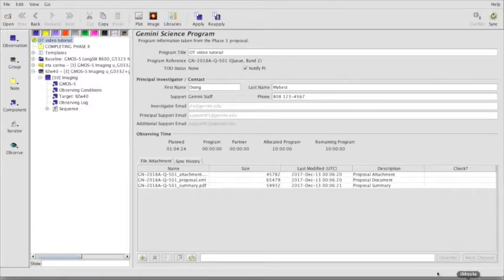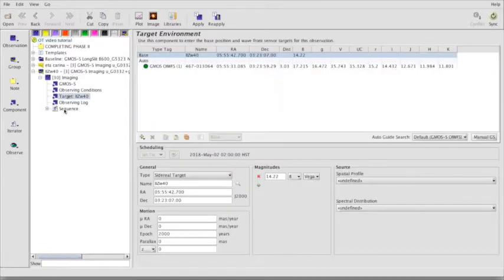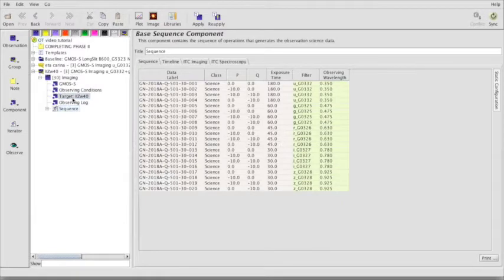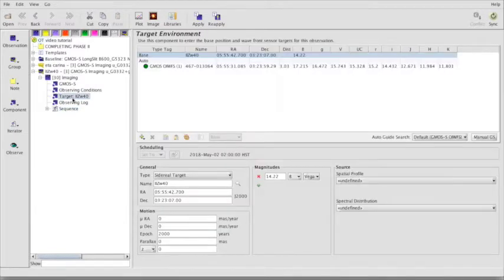This short video presents some very useful tools that you might like to use during your phase 2 preparation. Let me go to this observation here. It has a given target. That target has its own sequence. If you want to see where